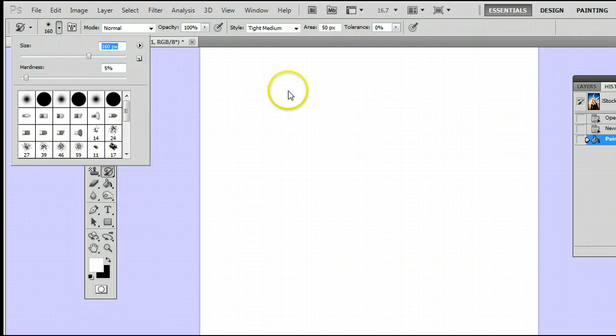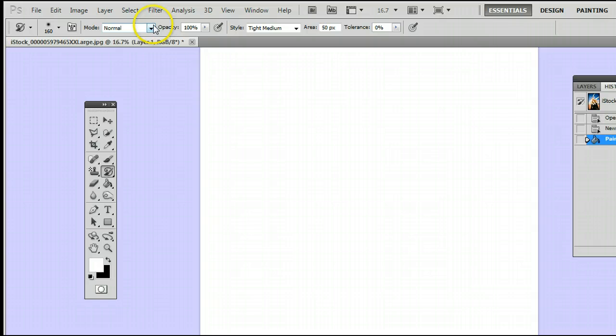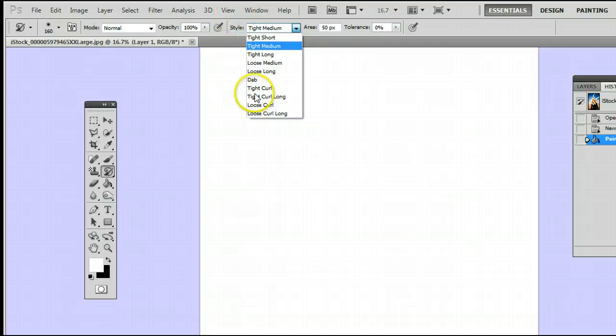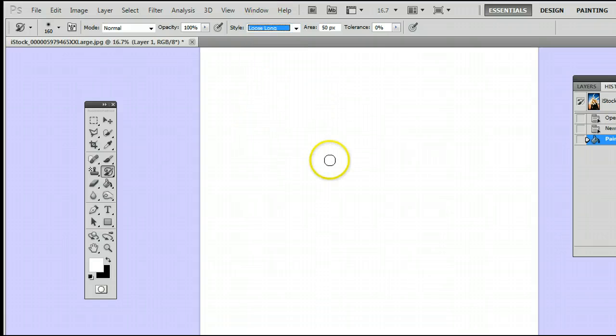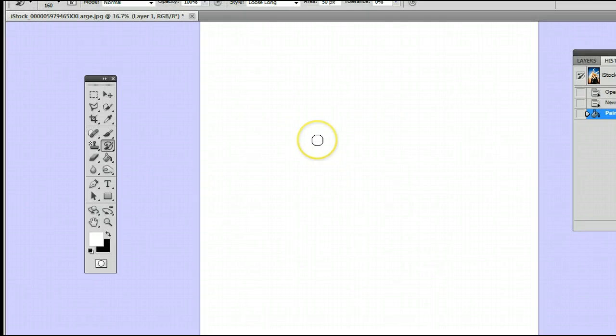with a decent size. And this, of course, has all the modes, opacity, and here are some options unique to this tool. First of all, there's the style. This is where all the magic happens with this tool. First of all, let's select loose long, just to get some paint on our canvas. You will see when I click and paint on this layer,